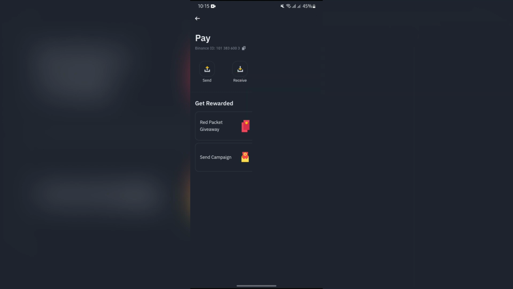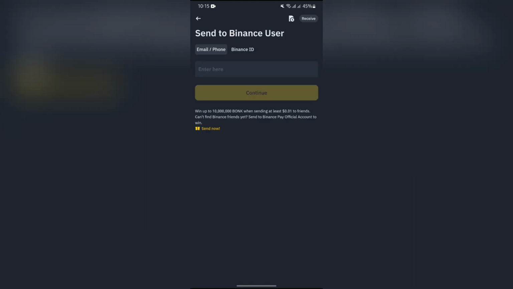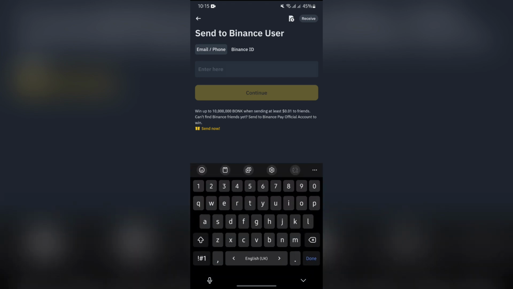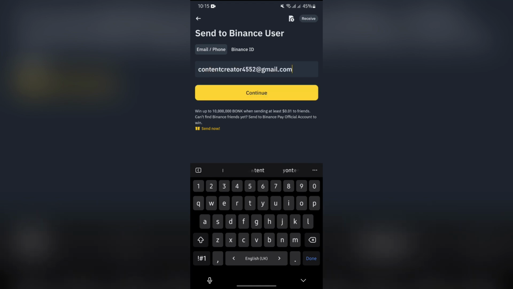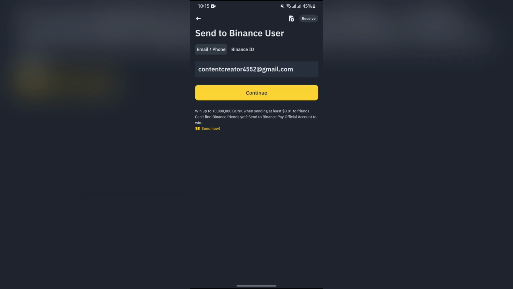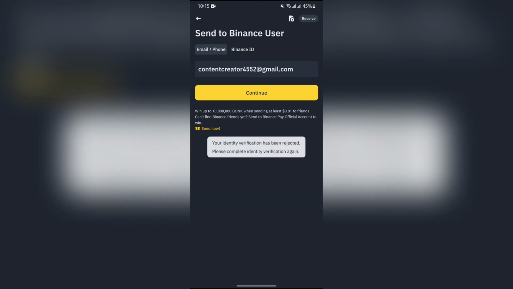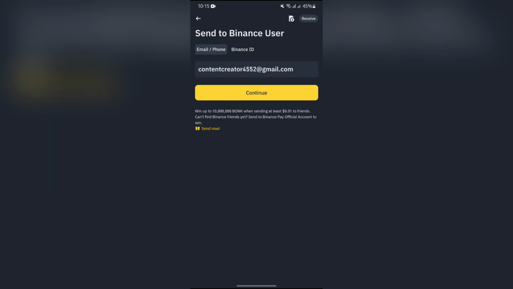Tap the send button, and after that just enter the email address, phone number or Binance ID of the receiver. After successfully entering the receiver's ID, simply tap continue, and if the accounts of the receiver and the sender are verified, you will be able to choose the crypto that you would like to send. Just choose the crypto you want to send, and simply